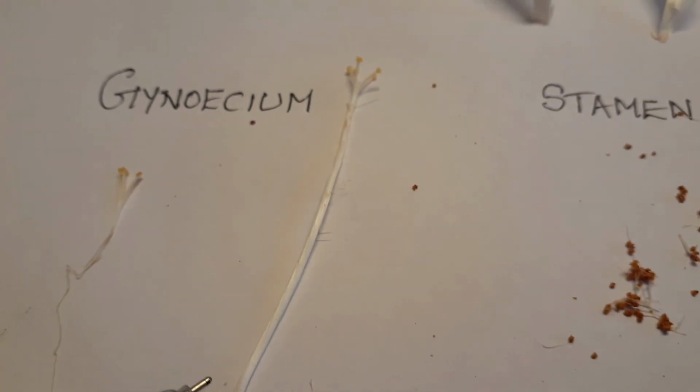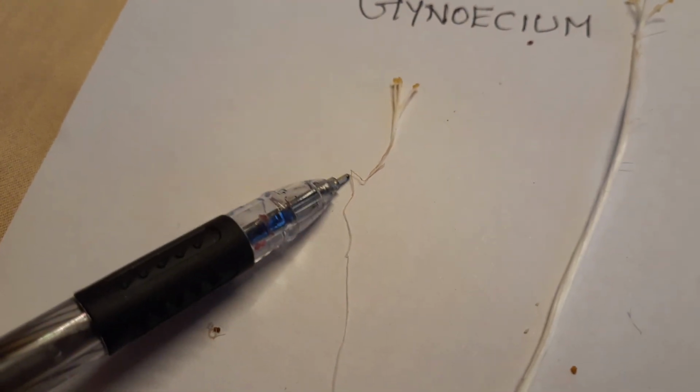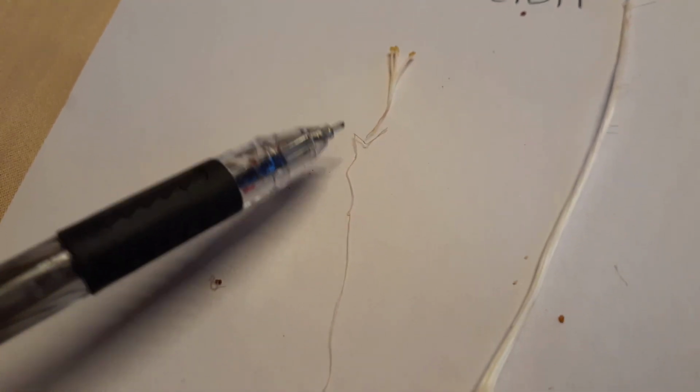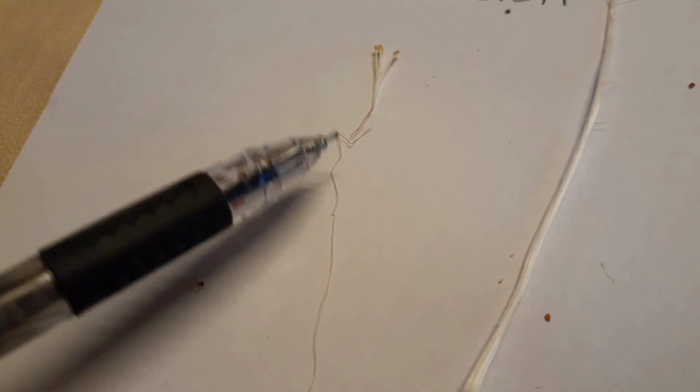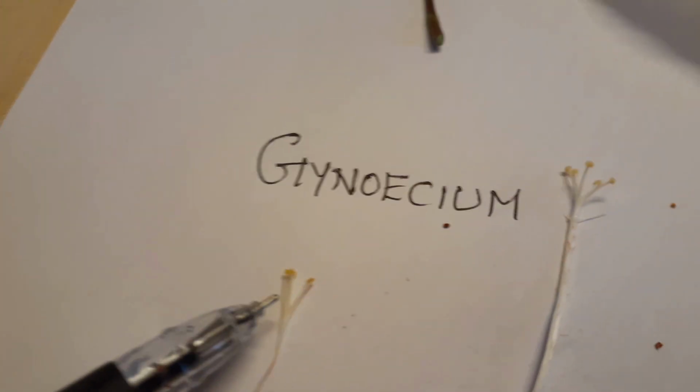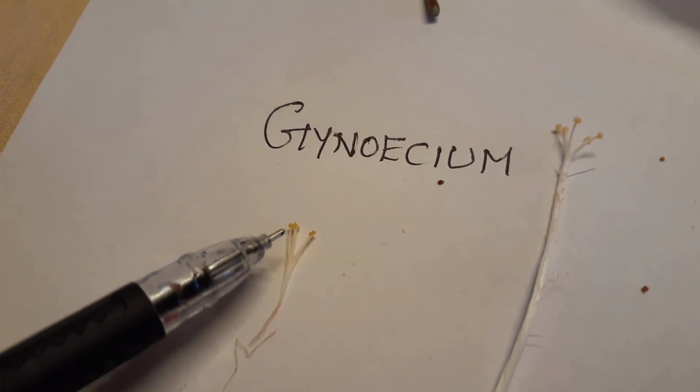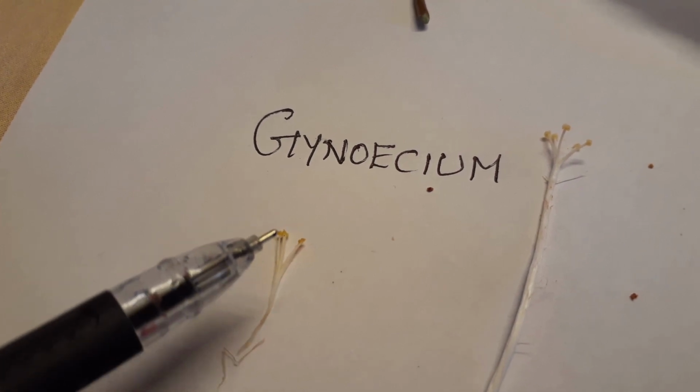Later on, these ovules will change into seeds and the ovary will change into fruit in the case of fruit-giving plants. Okay, so here you can see at the tip, inside this, a small thread-like structure that I dissected and kept here. It is a very delicate and small thread-like structure. This is known as the style. At the tip of the style you can see the stigma. Okay, the stigma is part of the female reproductive part of the flower.